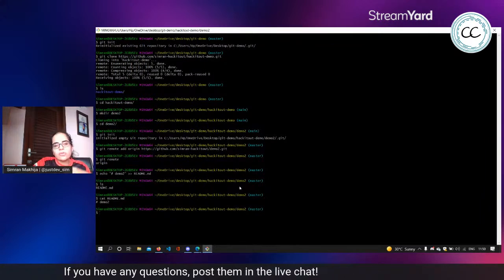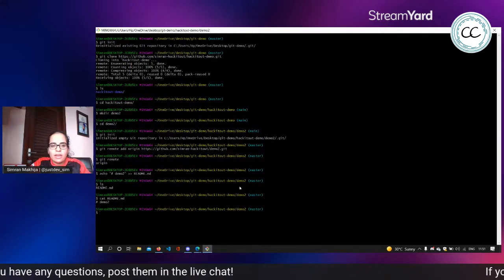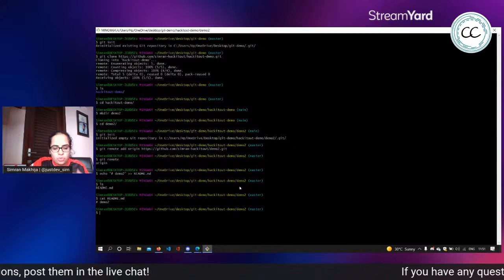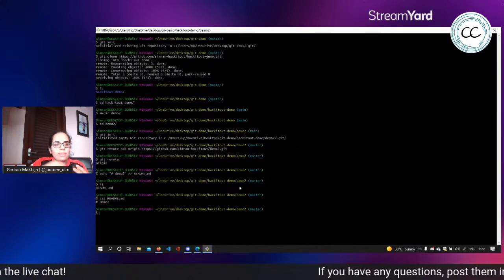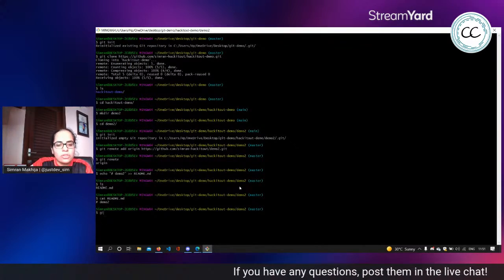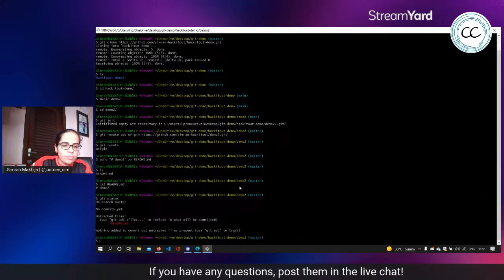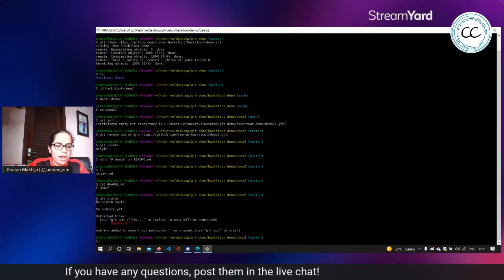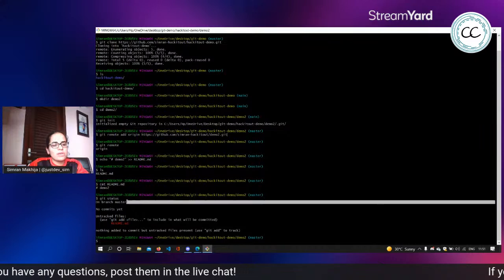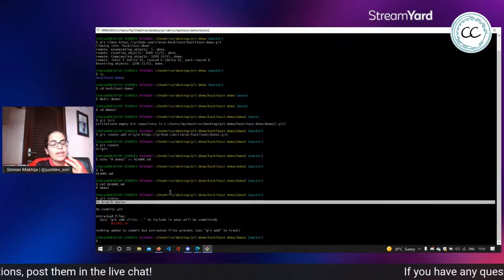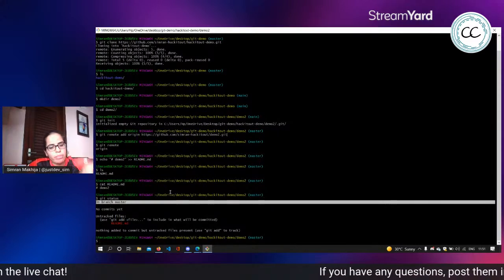Now earlier I told you when we git init, we're basically telling our local system to track changes and show those changes to me when I run the command git status. So let's run git status and see. So we see we're on the branch master. Git has a concept of branches.